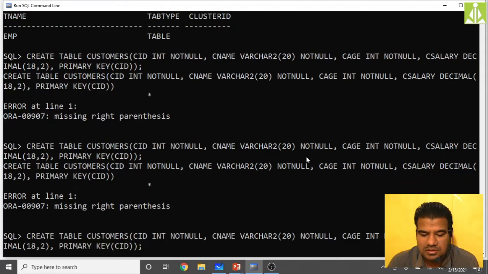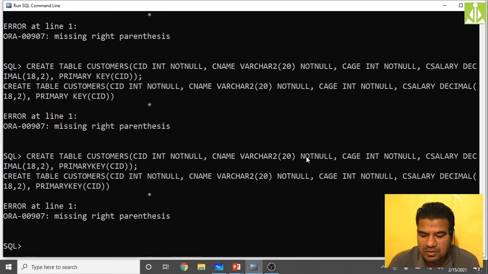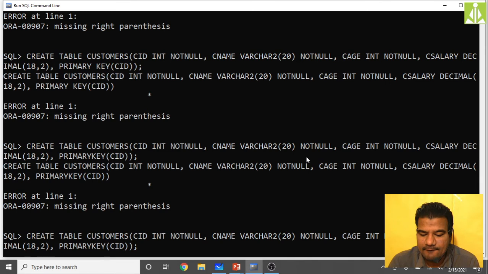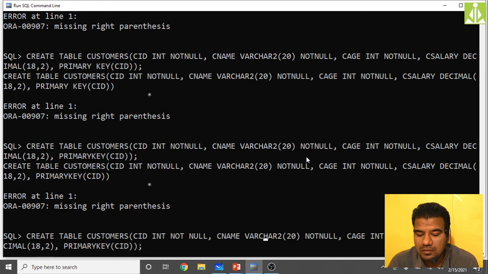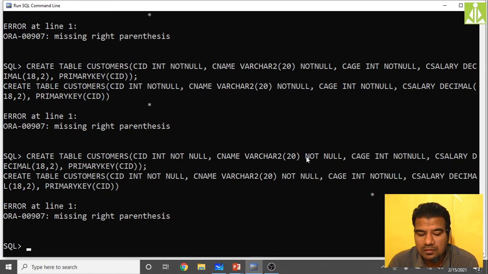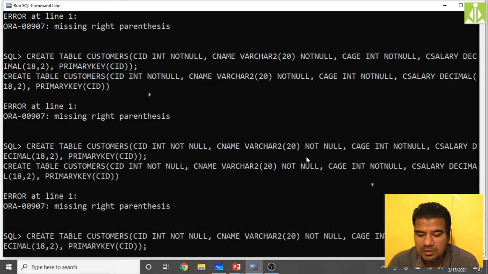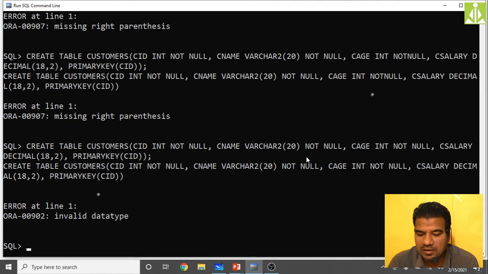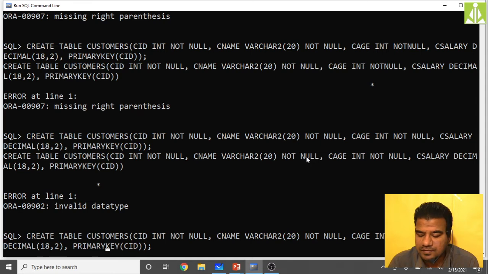Maybe this is the error. Primary key, we should not have space over here. No, it is also not there. Missing right parenthesis. So maybe this is the error. Not null must have a space in between. Here also primary key must have a space in between.